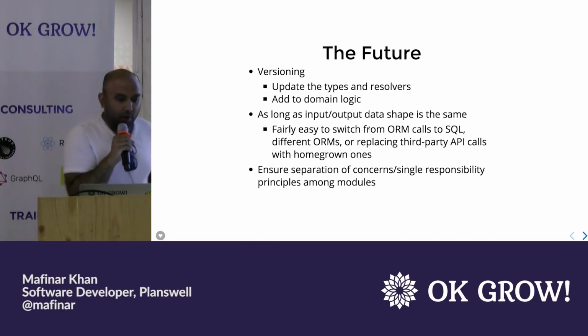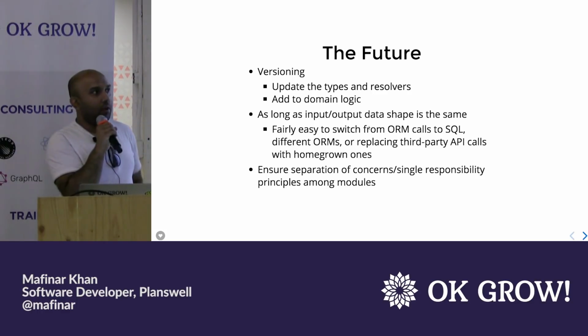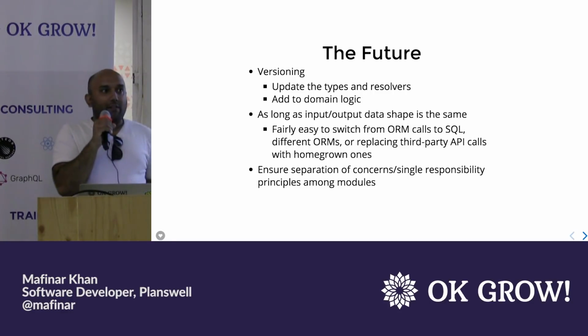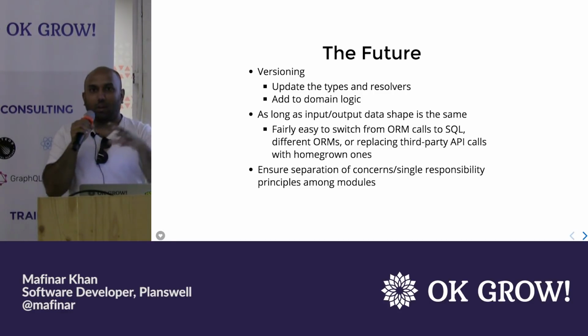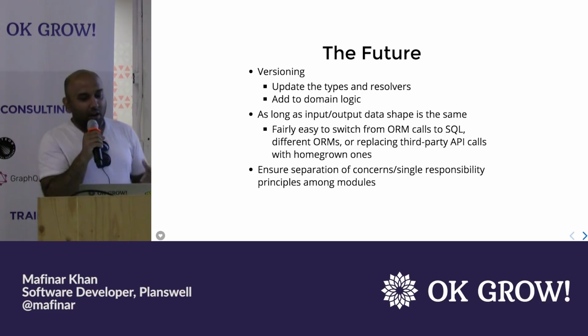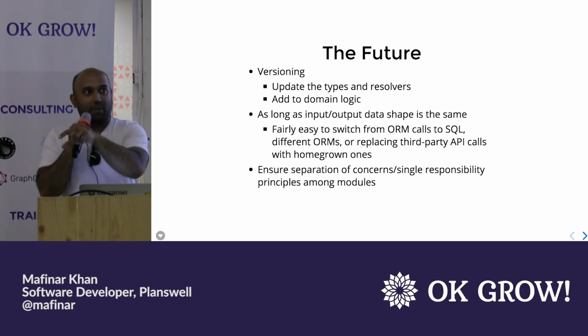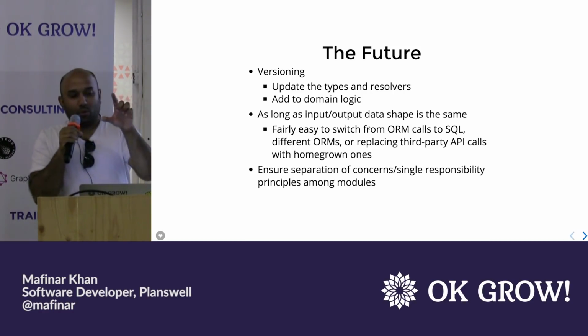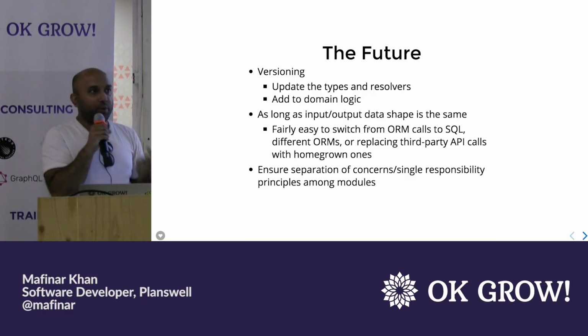So after we're done, this model of file structure has some good stuff. The first thing is that in future, if we want to add something new to our schema, we know where to touch. We touch the schema file. If the schema gets added, that will have an additional resolver, and then we go and add the resolver, and then we add the related function logic behind it. And since GraphQL only asks for what you need, it doesn't affect as much as their REST counterpart would for V1 and V2 stuff.